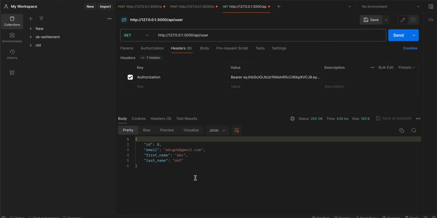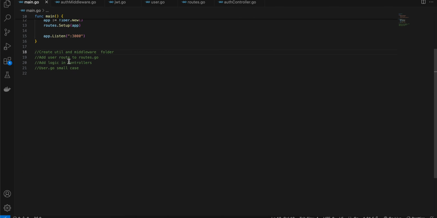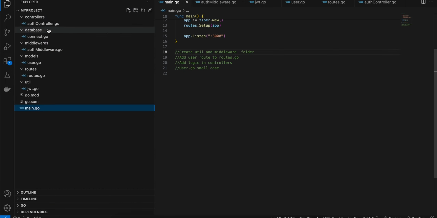Yeah, so let's get started with how to do this. So firstly, what we'll do is we'll create two folders, a util folder and a middleware folder. Okay, so first if you go to